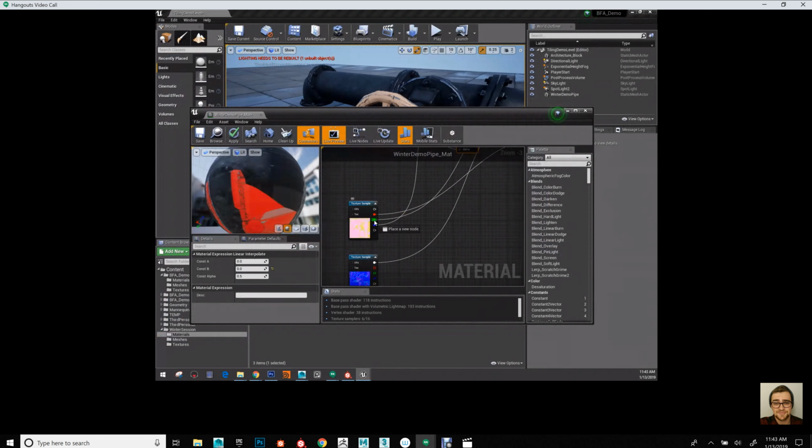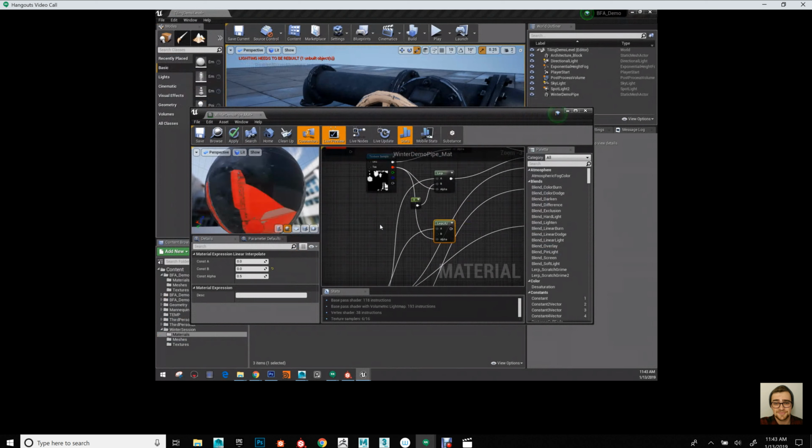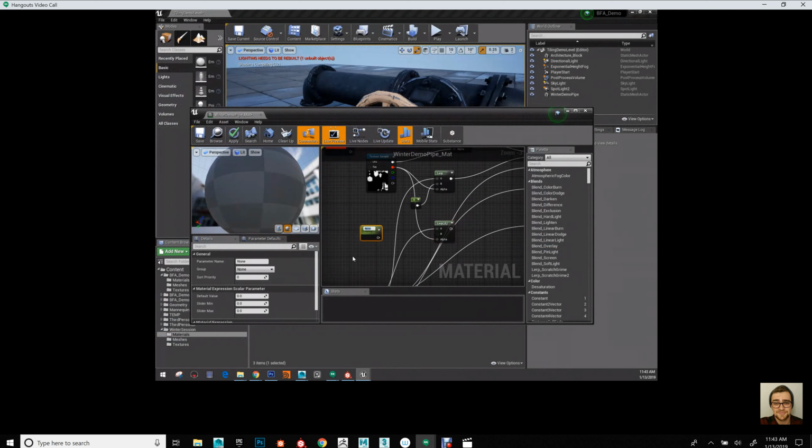So I'll get the roughness and plug that into the A value, and then I'll just make a scalar parameter and call it handle paint roughness. Once again, set the slider to max, set the default to like 0.5, and then I'll plug that into the B based on this same mask, apply that,